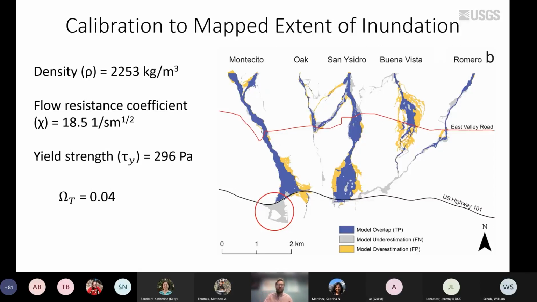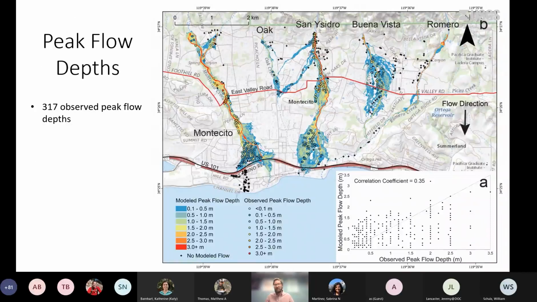And then going back to efficiency being key for the purpose of rapid hazard assessment following wildfire, this 40 square kilometer study area with a 5-meter input DEM ran on a standard laptop computer in about 45 seconds. So we see that ProDF is capable of reproducing a complex inundation scenario over a large study area in an efficient manner. If we look at the other output produced by ProDF, the peak flow depths, we also compare the